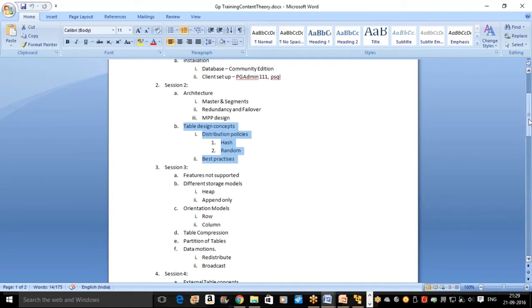So how do we determine that? What are the things to take care of? All these things we will be seeing when discussing the table design concepts. The next thing, there are some features that are not supported in Greenplum compared to other databases, like foreign key, correlated subquery, and the NOT IN clause. So some features we will be discussing,